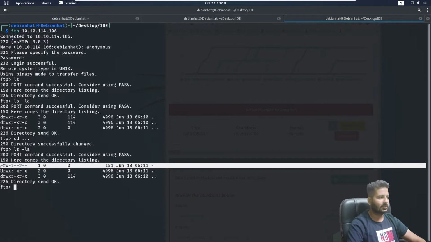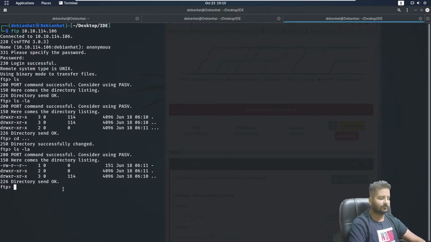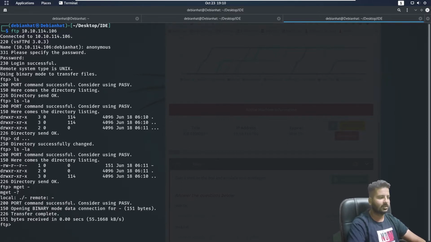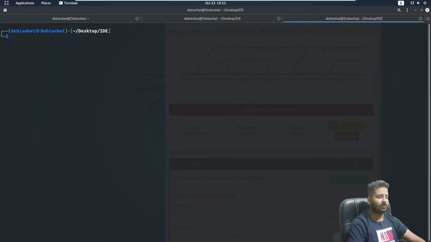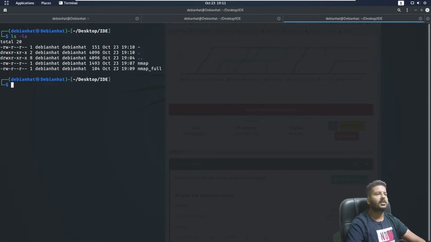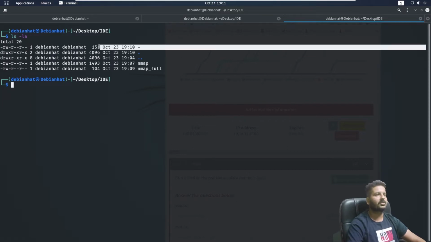And another thing is, this is somewhat kind of a file. It could be anything with a hyphen. Okay, I'll just download it. You can use mget or you can use get to download the file onto your box. It asks, do you want to download it? Yes. Okay, transfer complete, as it says. And I could not find anything much important or useful here in this FTP hosting. Okay, so I'll exit, clear this mess out, and if I list things, you can see that I have got this here on my box as well.